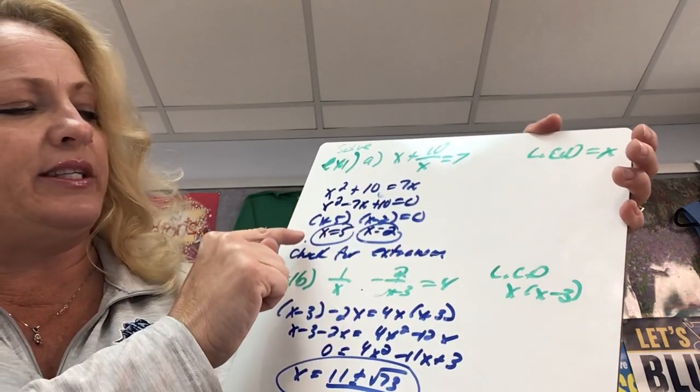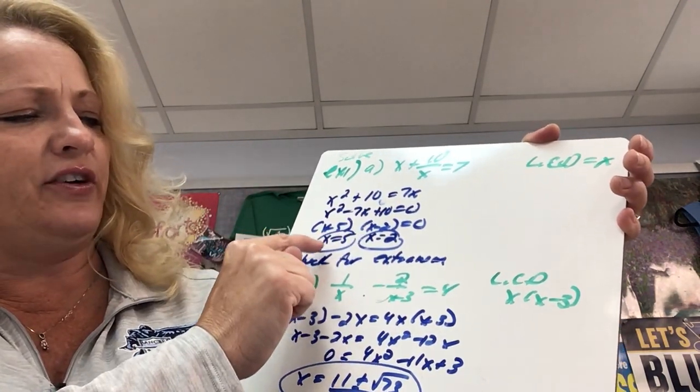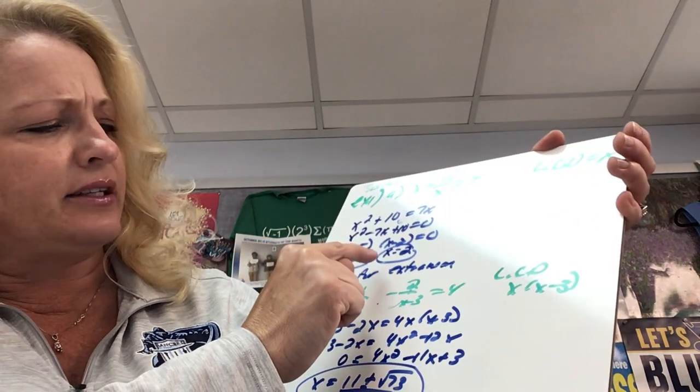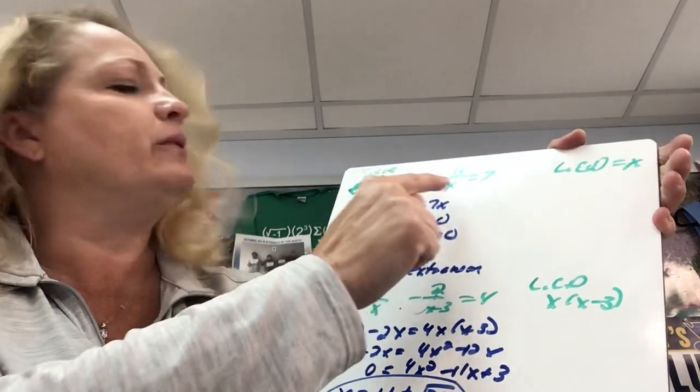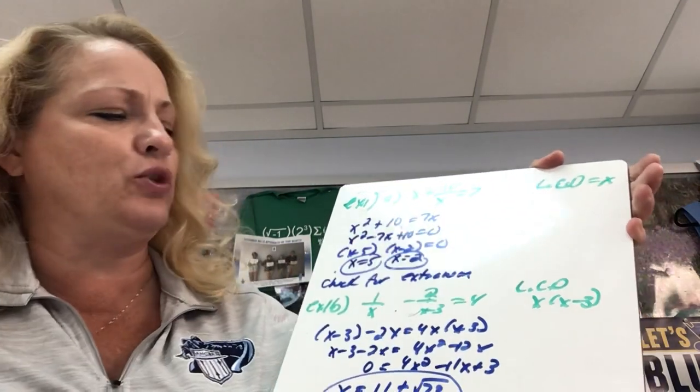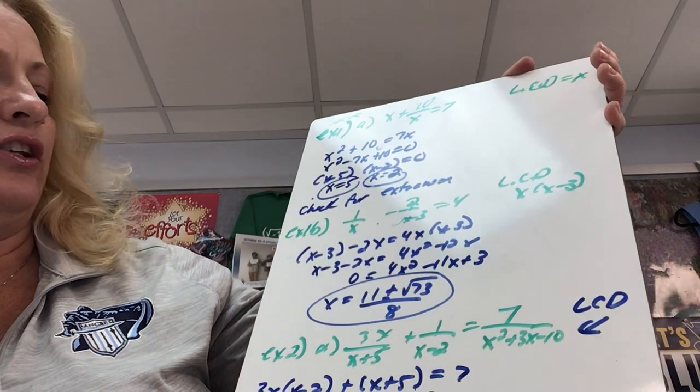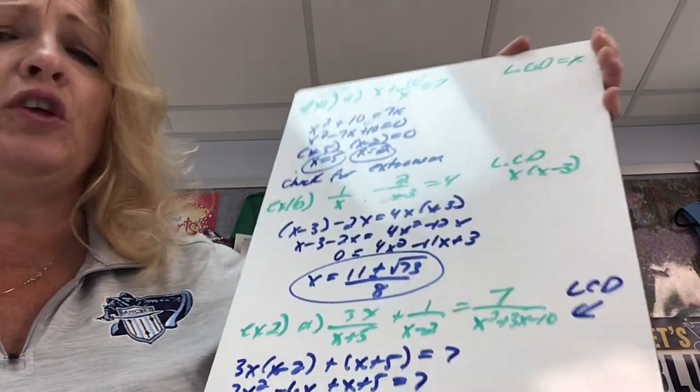Put everything in decreasing order. Fortunately, this does factor, and I get x to be 5 and x to be 2. And check for extraneous. The only issue we would have here is if we got x to be 0, which we did not. All right, let's take a look at example 1b. So another